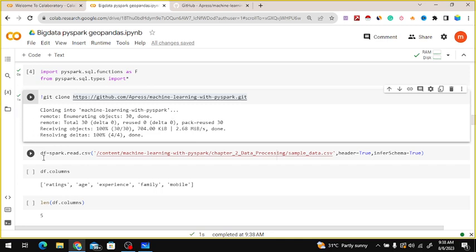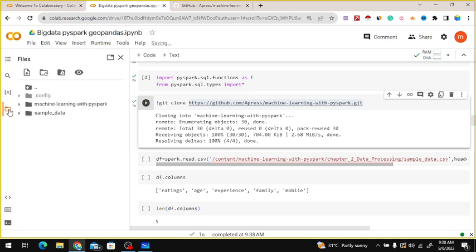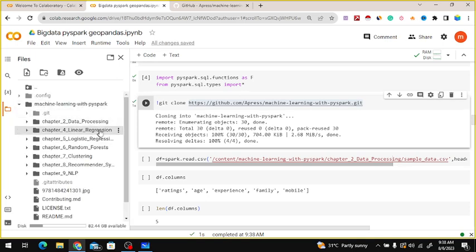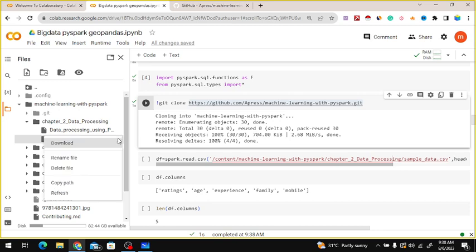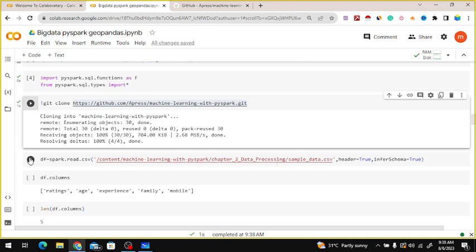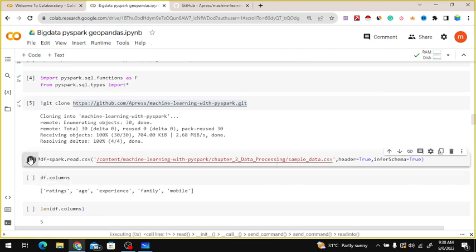So I create here df equal to spark.read.csv, and go here, and then we can see your data, like data processing and simple data. It's chapter number 2, and go in the site, it's simple data, and copy the path here and then paste here. So I have already pasted. Now we can see my data has been